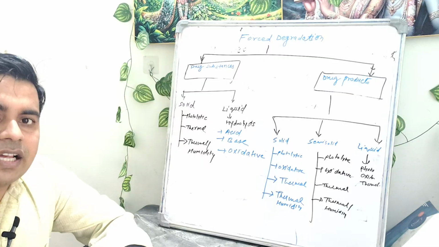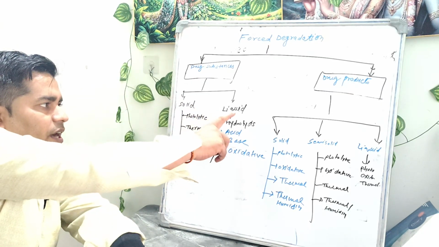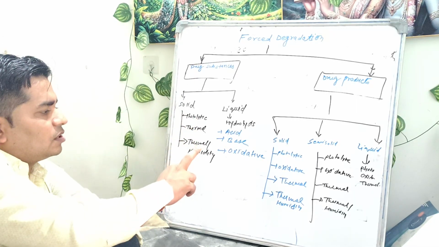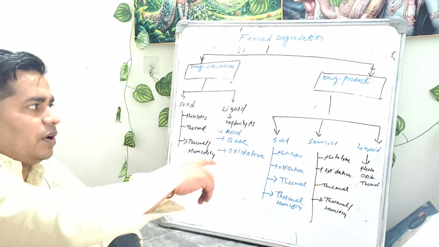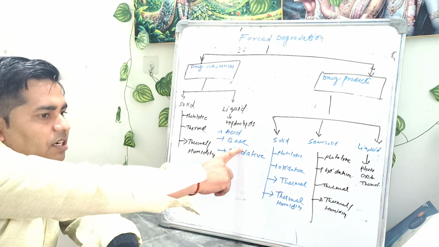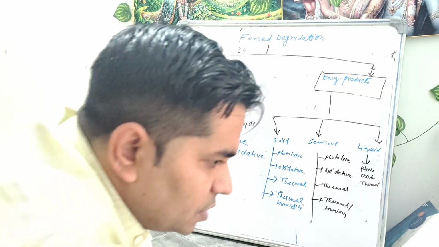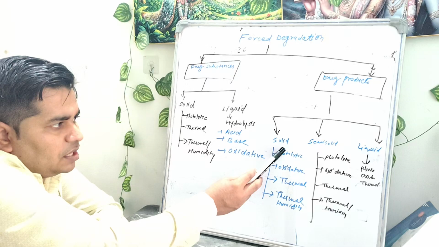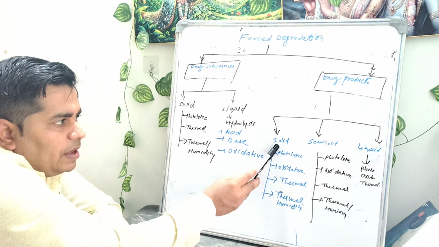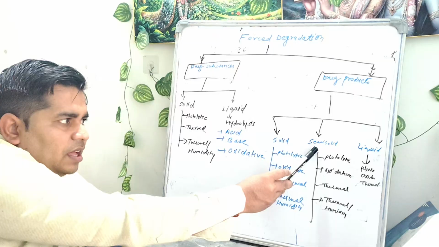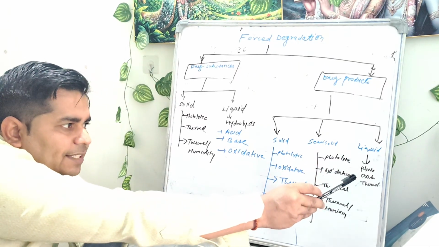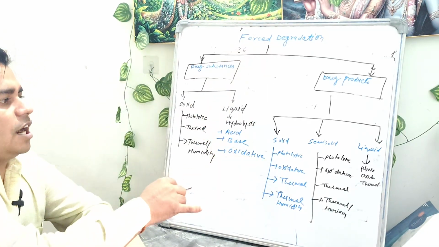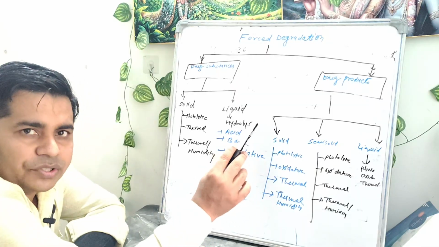So drug substances we classify into solid and liquid. In case of solid, we study the photolytic degradation, thermal degradation, or thermal humidity degradation. Meanwhile, in liquid, hydrolysis, acid degradation, base degradation, or oxidative degradation. Drug product is in three forms: solid, semi-solid, liquid. Solid includes tablets and capsules, semi-solid includes creams and ointments, and liquid includes suspension, emulsion, and solution. So this is overall the chart where we are performing the dosage-wise degradation.